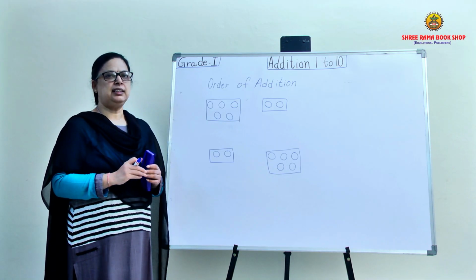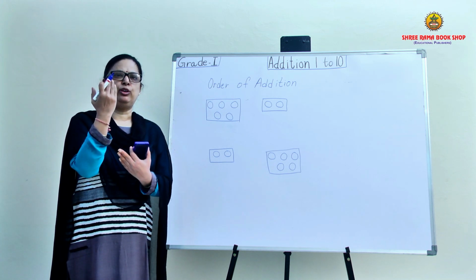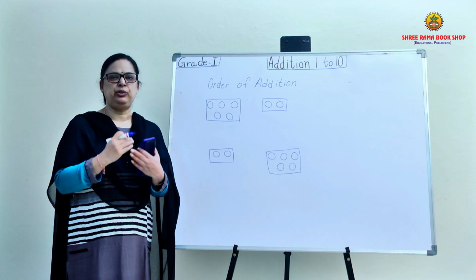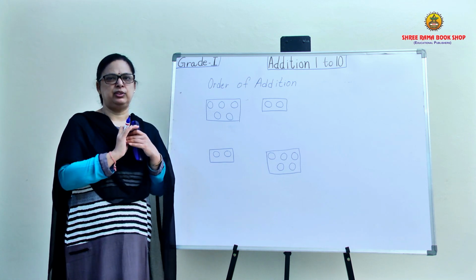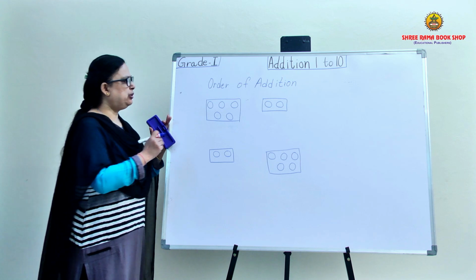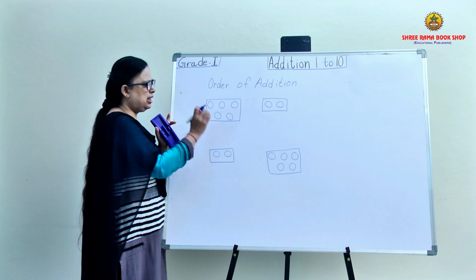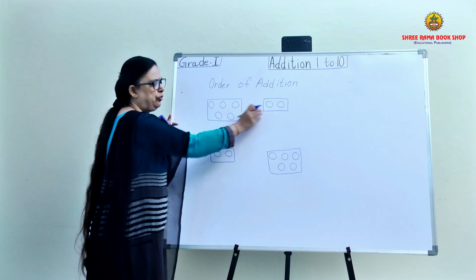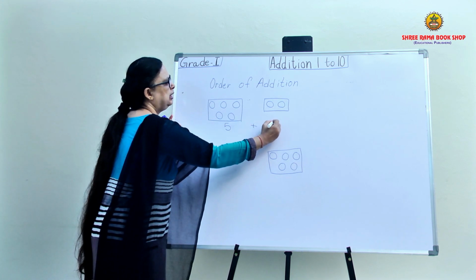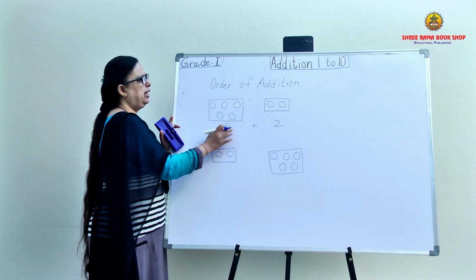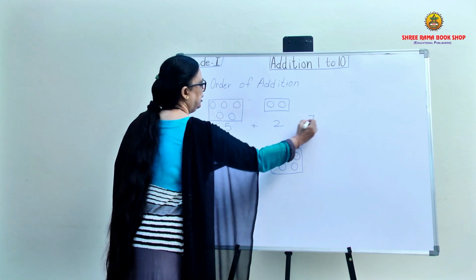Now children, let us understand the order of addition. See, whichever number is placed on the top and whichever number is placed below when we are doing an addition, this can be changed again and the answer would be the same. So let me explain that to you. Now just look at this board. We have here a box having 5 balls, small balls, okay? And here we have 2. So how many are there? 5 are there here. So that is 5 plus 2. So let us count 5, 6 and 7. So the answer is what, children, over here? We are getting 7. Same way here.